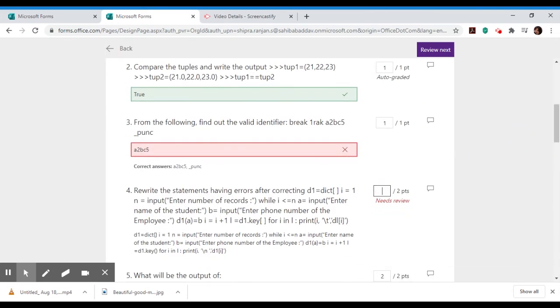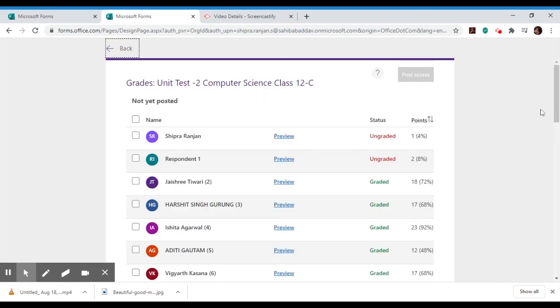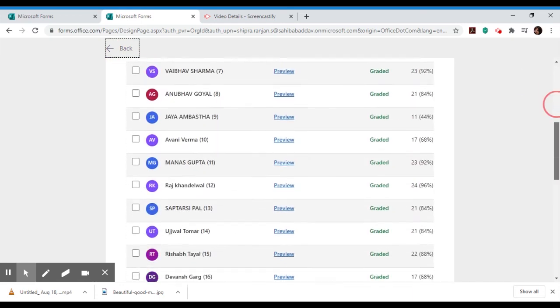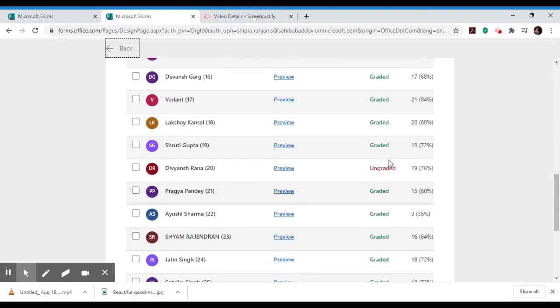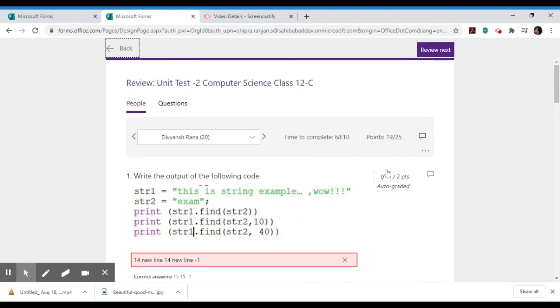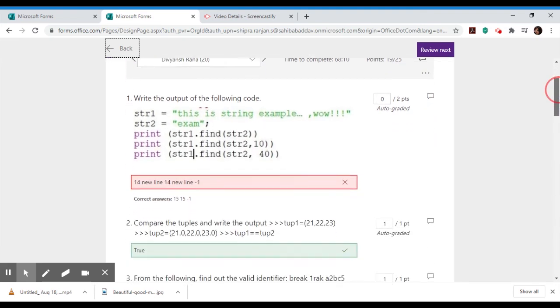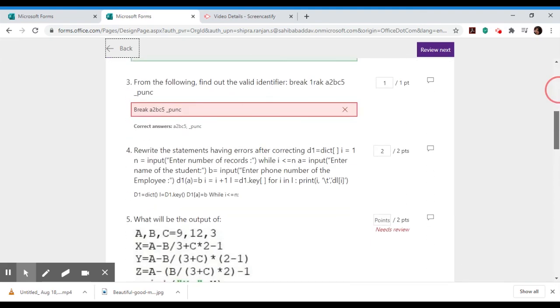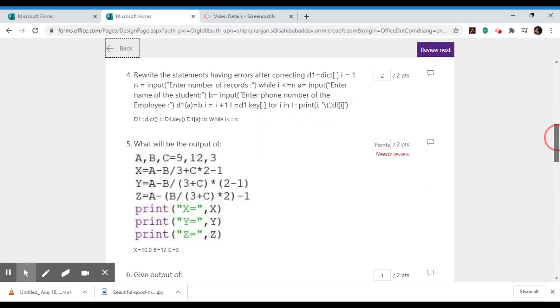Let us check this answer, and this is 0. Back, everything else is checked. Yeah, one answer in this is left. So is any answer left? Yes, this one is left ungraded.